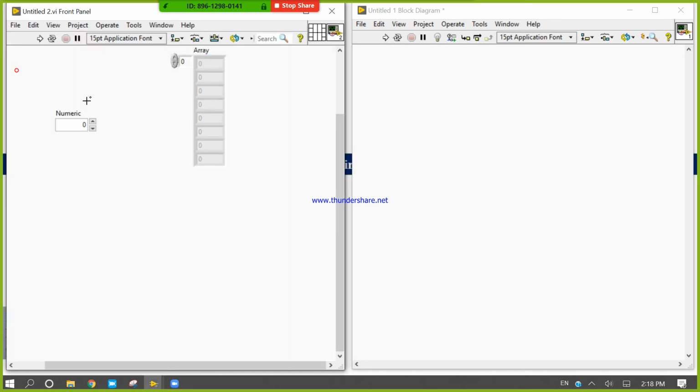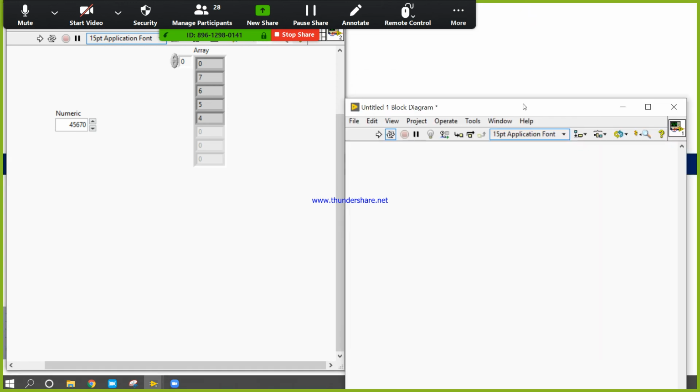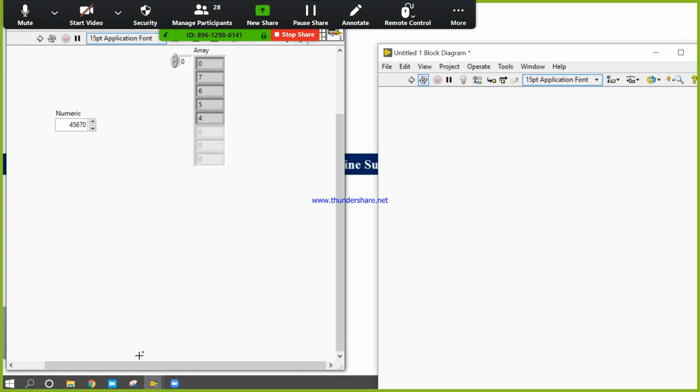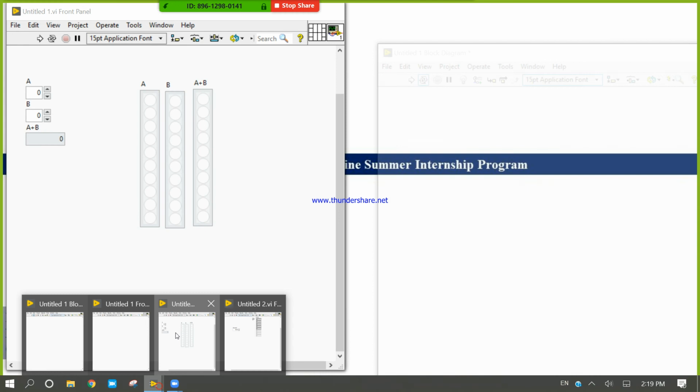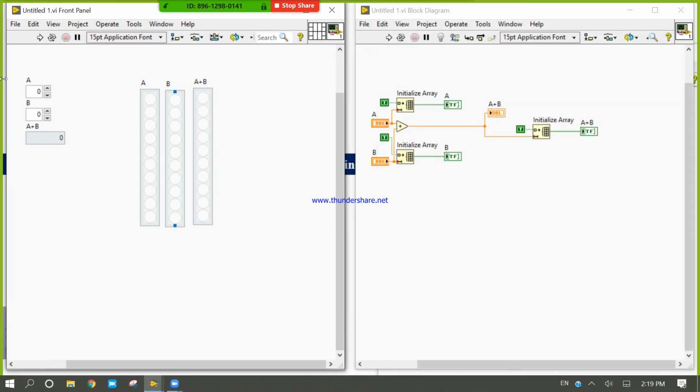Remember, whatever you write in this program will be broken into unit digits.